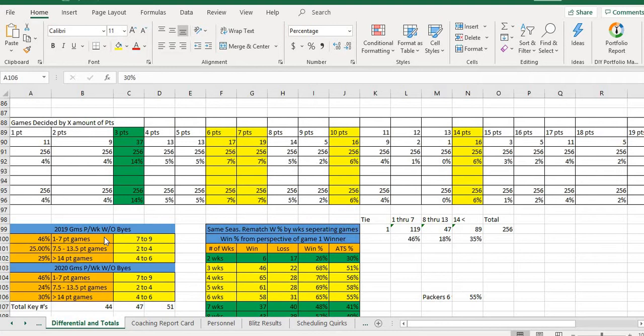Then you have about 4 to 6 games every week that are going to be more than 14 points, or 2 touchdowns or more differential. And you only have about 2 to 4 a week that land in between there. The reason that's important is if you look at the lines, especially on a Thursday night or Wednesday night, I should say, before the week even starts NFL wise, and you see that a lot of lines, or all of the lines, are 7 points or less, odds are there's some pretty good value out there.